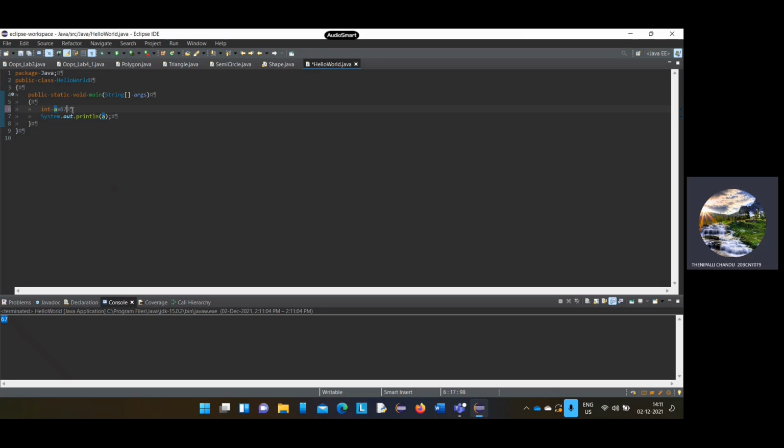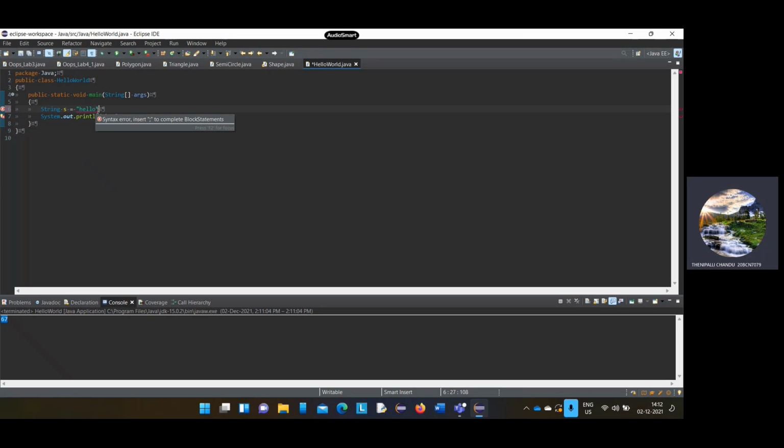Now I will print a string. Okay guys, String s equals "hello". We have to give string values in double quotes only. If you are giving integer values, there is no need to give double quotes. Here I am giving a string, right?